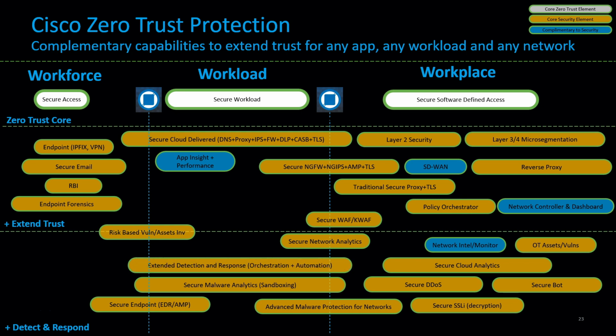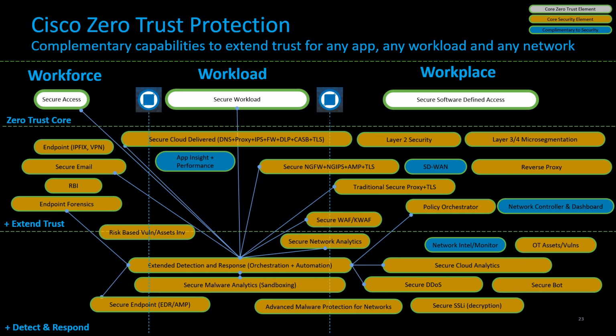And then we've got that, bringing it all together. And so you can build data lakes, and data lakes is something lots of folks are investing in. And I'm not saying that's a bad thing at all. But what I am going to say here, though, is that all these capabilities exist. And imagine if I turn them into what I like to call our data ponds and access them, or build the river system to access them as I need it at the time I need it. And so extended detection response, orchestration, and automation provides that capabilities using APIs to drive insight from all of these